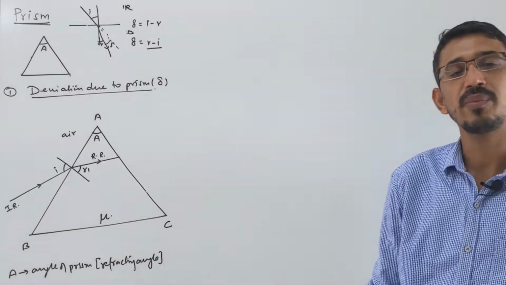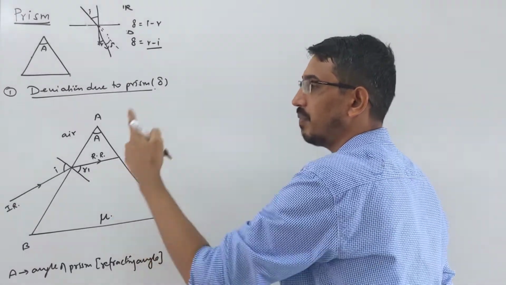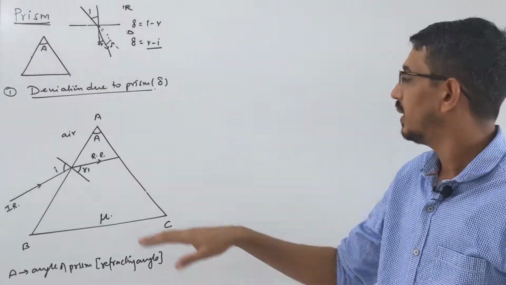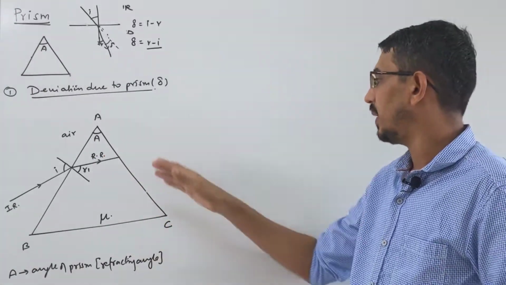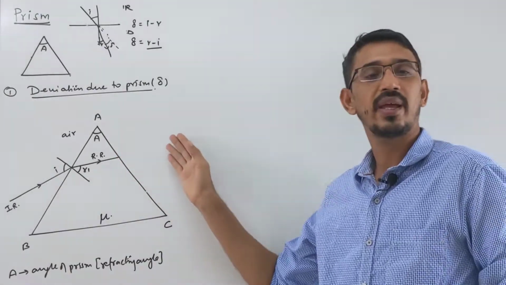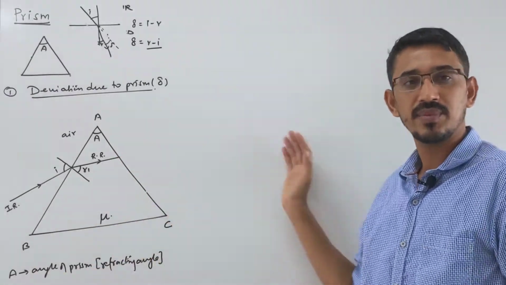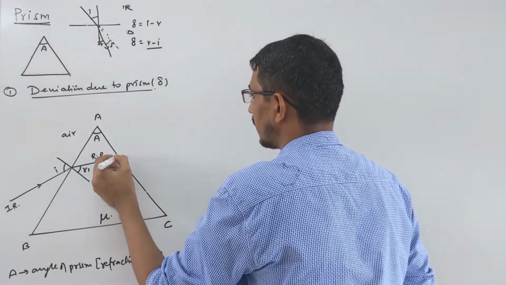Because there will be two angles, I am calling that R1. So when light is incident on the surface, there may be many possibilities. What possibility? The ray may come out. This is the general case. Generally, it comes out. Okay, the ray may become parallel to this face, the AC face, or it can get TIR also. It doesn't come out. Generally speaking, suppose this ray comes out now in some way like that.